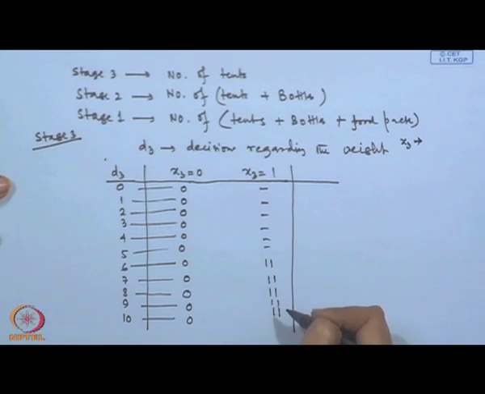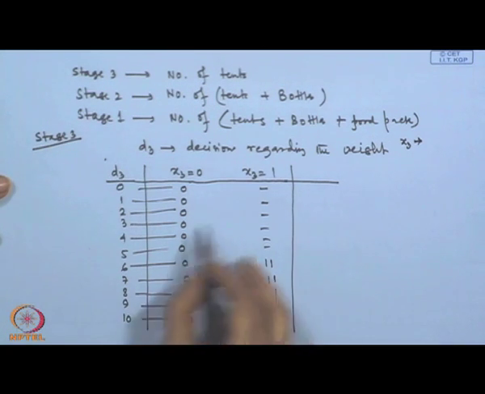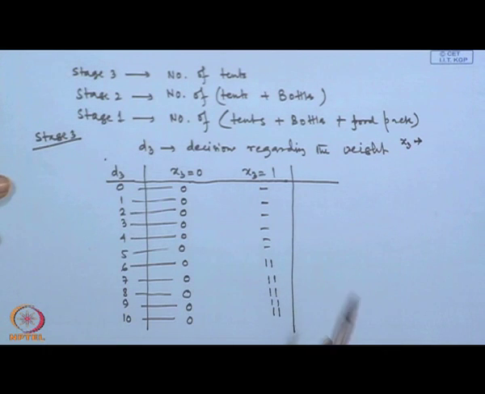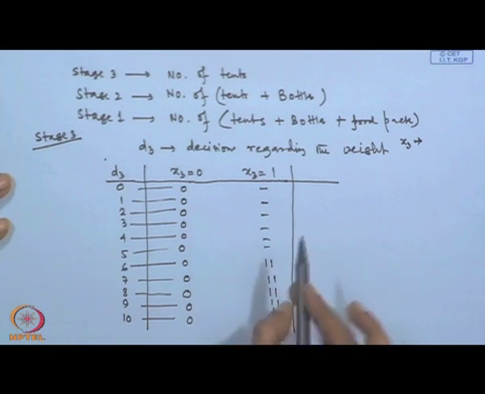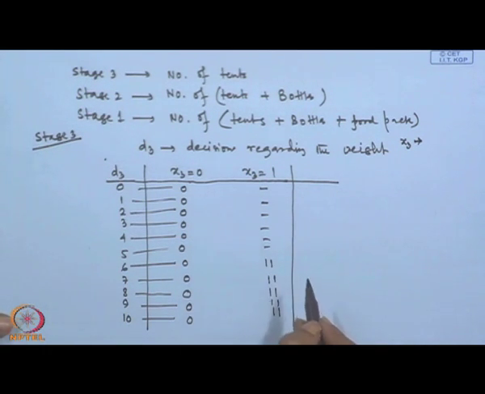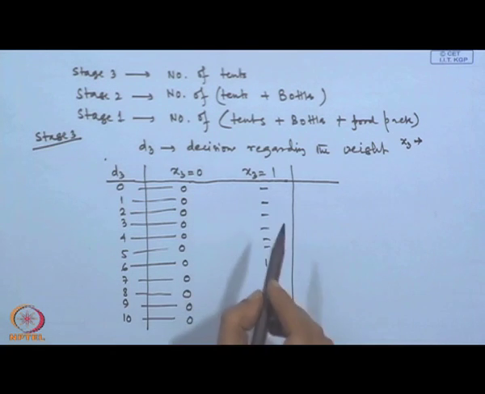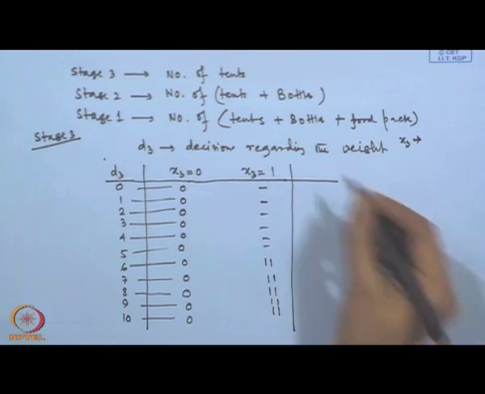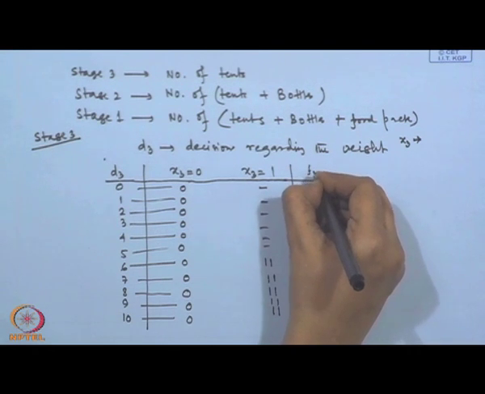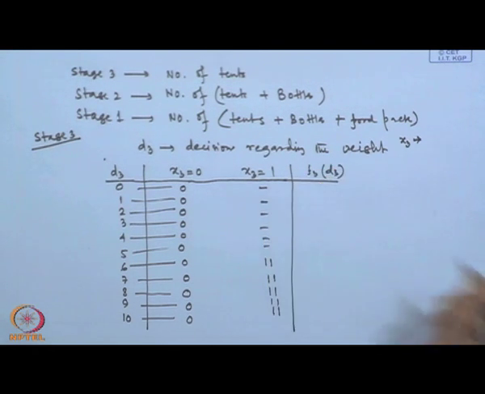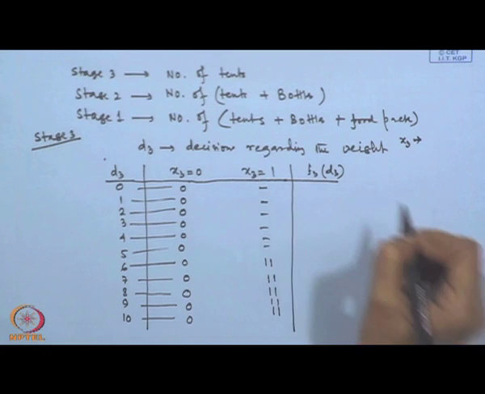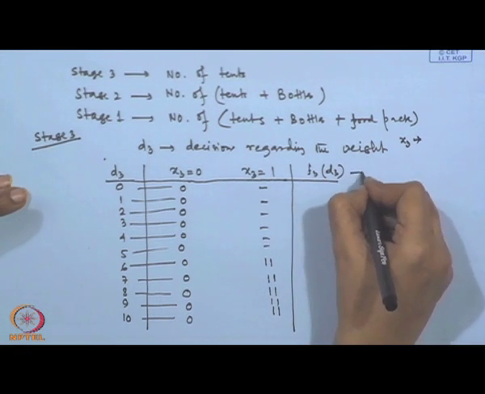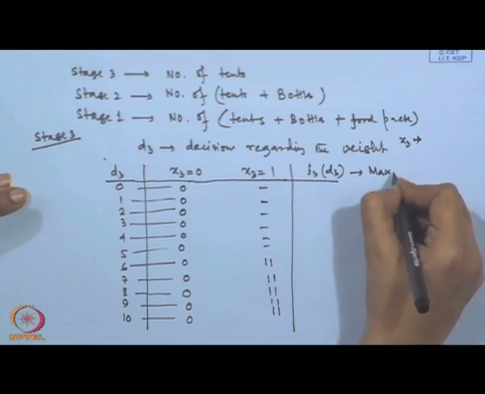In this case, there is only one option in each case, but it is not happening for other stages, because once we are moving to the further stages, we will see that the situation will be much more complicated. In that case, we have to select the higher utility value. That is our objective. Thus, we can say that F3 is the objective in stage 3, which is the maximization of the